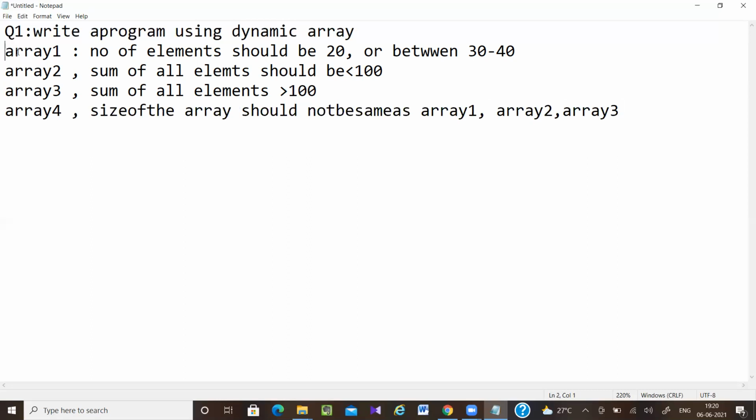Okay, now let's write the code with respect to these 4 arrays.